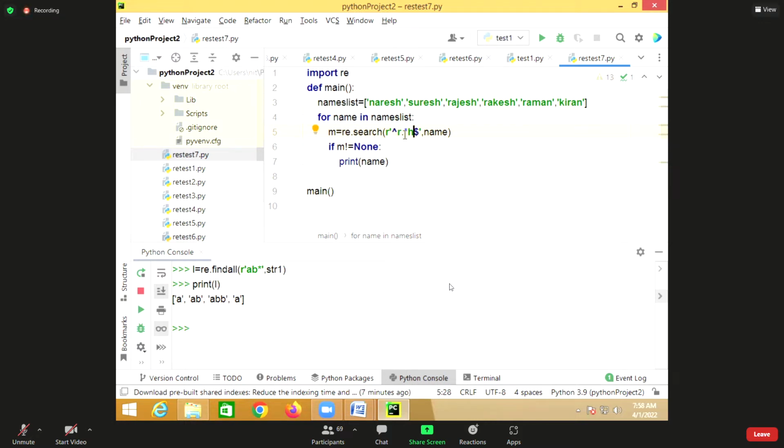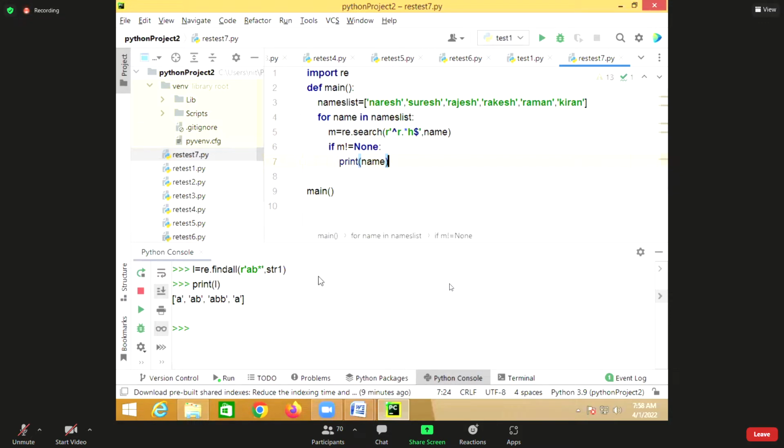And between R and H, I want how many characters? Any number of characters. Dot means what here? Any character. If I say one dot, it means one character. So R followed by any character followed by H. But R followed by any number of characters means either zero or more characters. Then I said here dot star. So I want to find all the names. The name starts with R and ends with H, but in between I can have any number of characters.